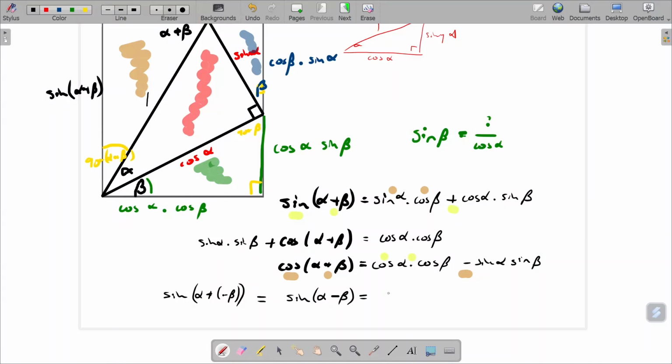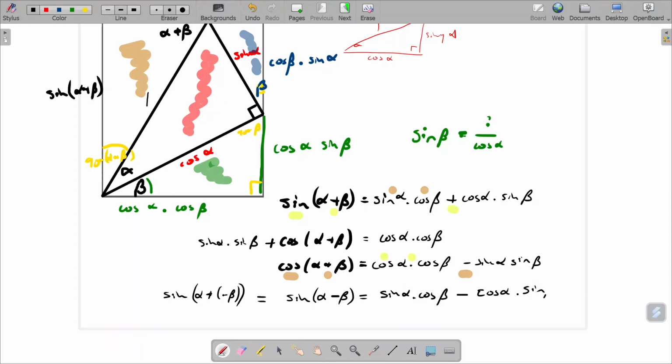What would that minus beta do inside these various things? What we're going to get is sine alpha cos beta, and as we said upstairs in the previous example, the sign would stay the same, cos alpha